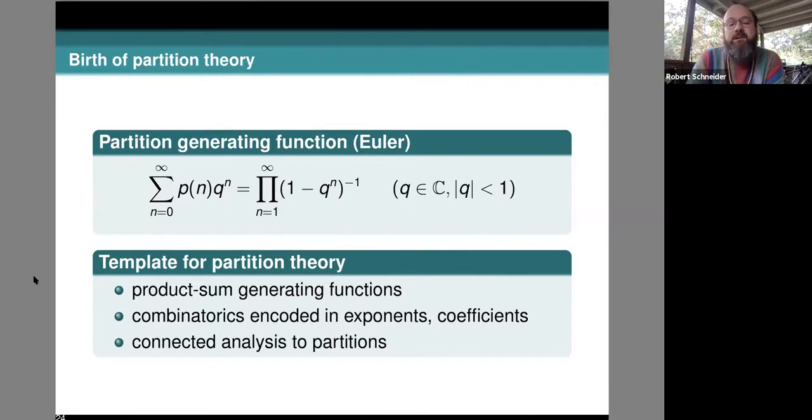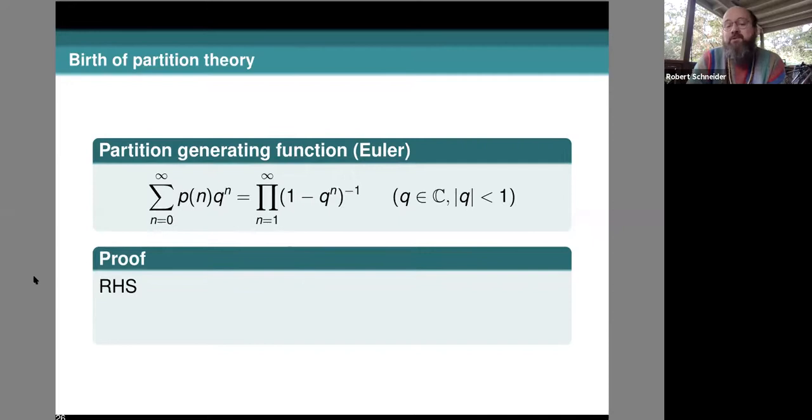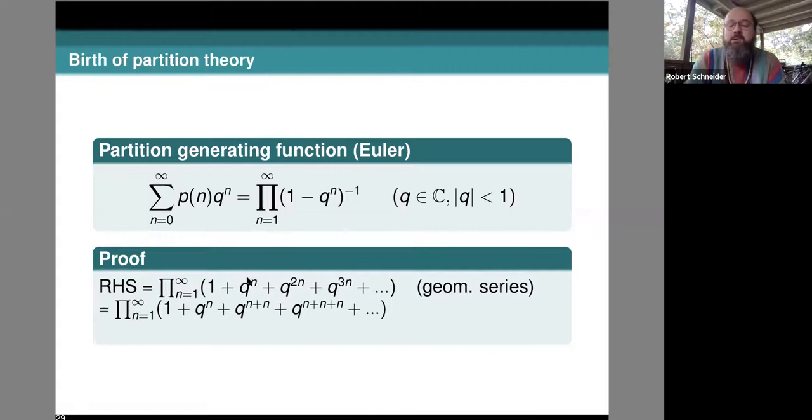This was also impressive because Euler connected analysis to partition theory. Here we have the discrete and the continuous colliding and turning out to be in sympathy. Well, of course, the proof of this formula is that you expand the product on the right-hand side as a geometric series, right? And the n here is related to the index here. So it's q to the n, the geometric series, that's the variable. And then we want to rewrite the exponents in terms of just the sum of the integers n. That's just like second grade math.